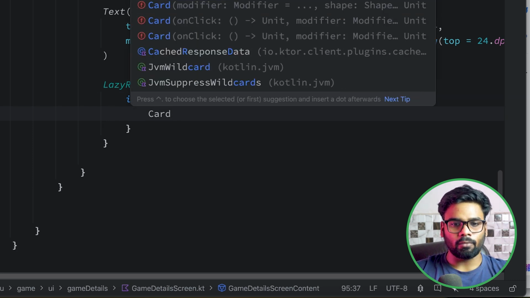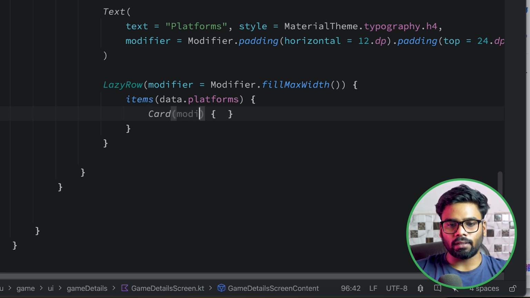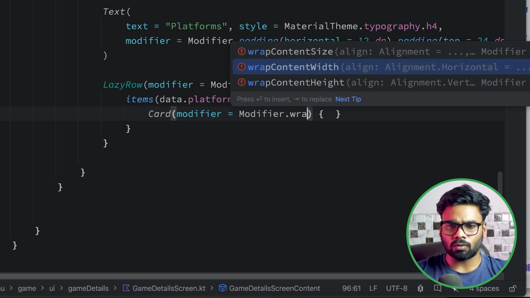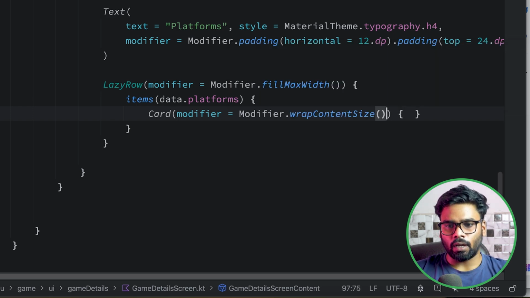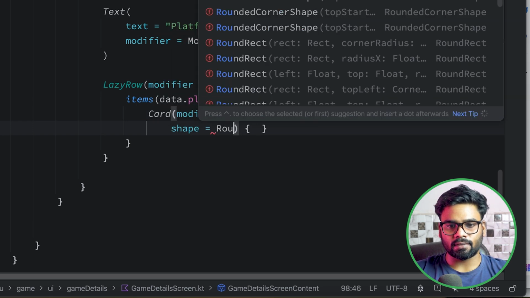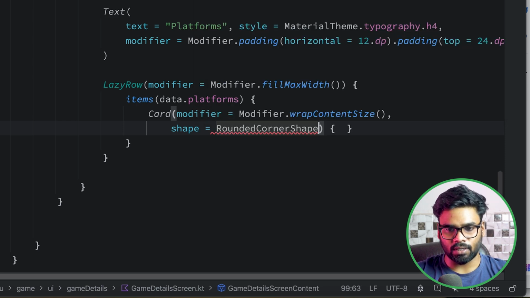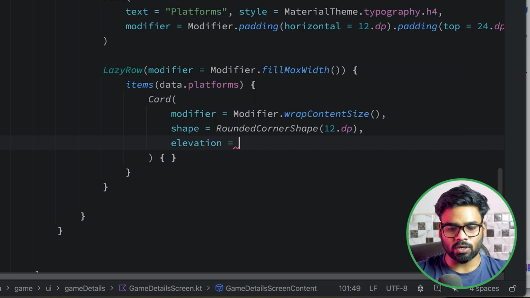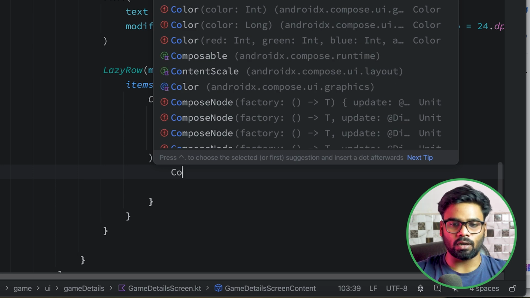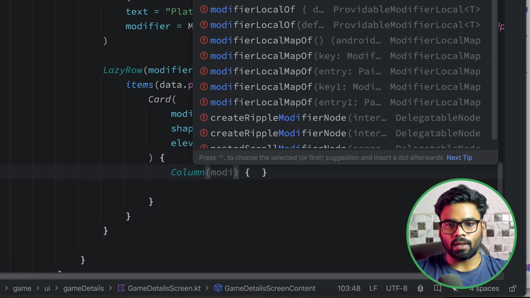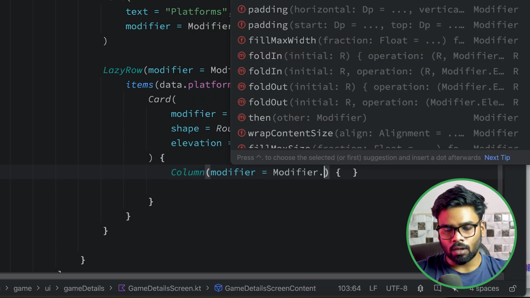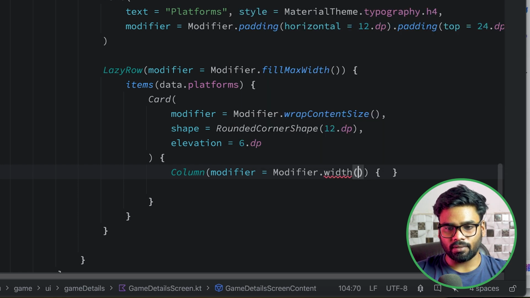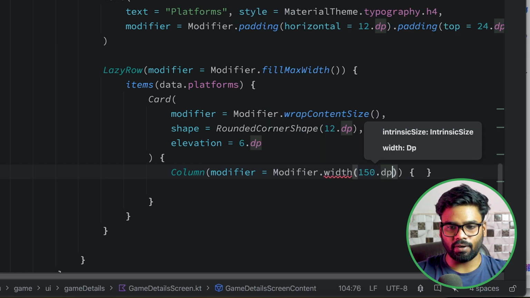So for that I'm using card, and in this card I want to pass modifier wrap content size for the time being, and also I want to dictate its shape, rounded corner shape which is 12 dp, and also I want to add here elevation of 6 dp. Now in this card I want to use here a column, and this column has modifier and its width is 150 dp,